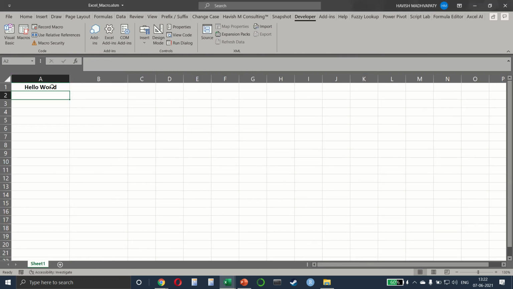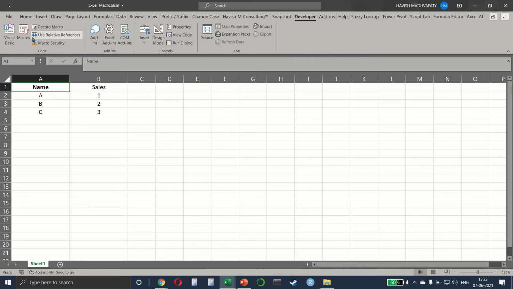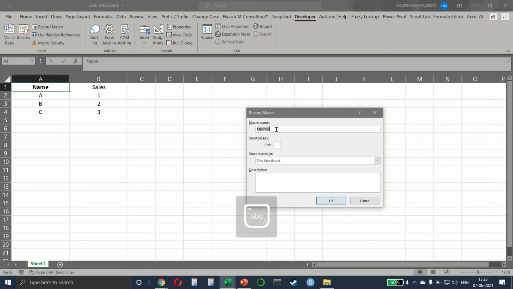Let me explain it like this. So we have written name, we have written sales, and I've written A, B, C, and we've written 1, 2, and 3. Please look at the problem statement this time. We are starting on A1, so developer, and I will click on record macro, and this time we will say absolute sum underscore macro.